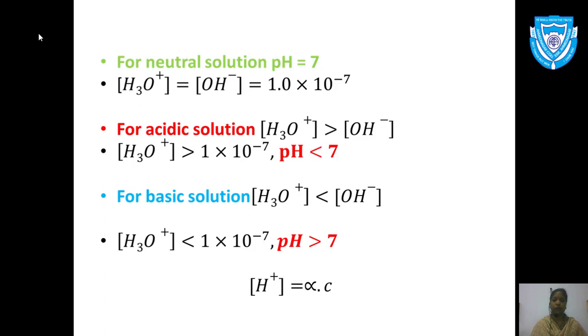For strong electrolytes, the H plus ion concentration is alpha into C, where alpha is 1, but you have to know the basicity of the acid, that is whether it is a monoacidic base or monobasic acid. So how much H plus ion is it releasing? If 2 H plus ions, then you have to multiply the factor by 2. If it is tribasic like H3PO4, then 3 H plus ions are released, so you have to multiply it by 3.